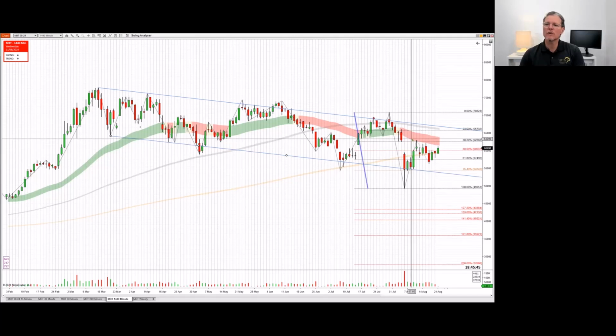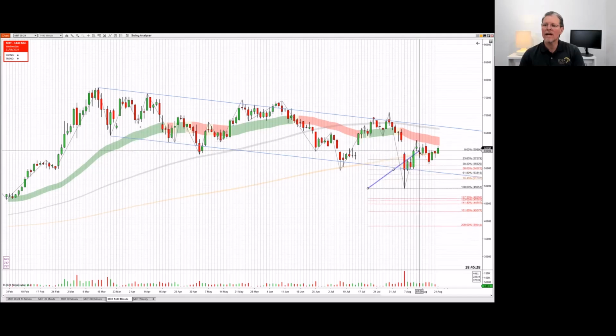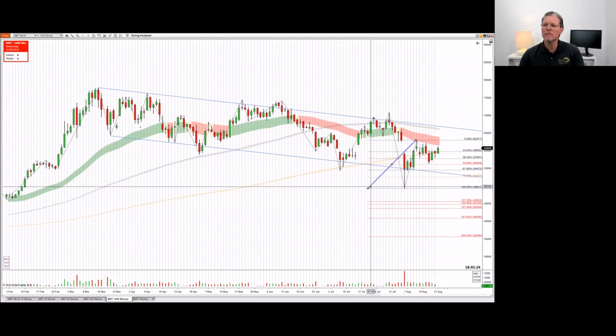Now we have gone into a contracting range because we've gone into a lower high, and now we're potentially, if this holds above, in a higher low. So we're in a contracting range, potentially looking to expand out of that range. So if we look at some of these fibs,